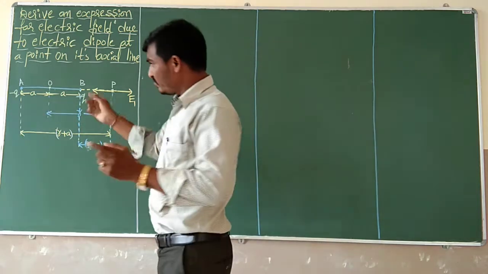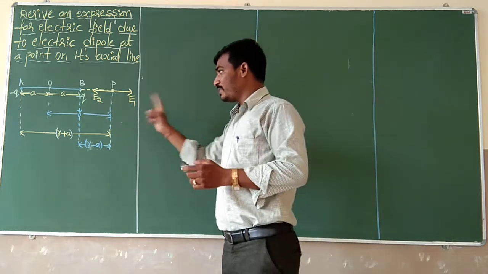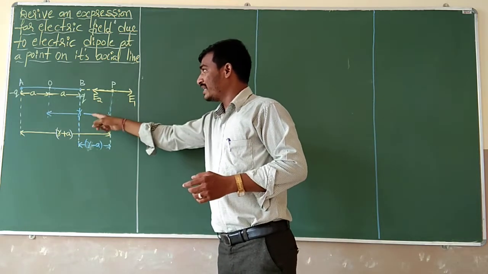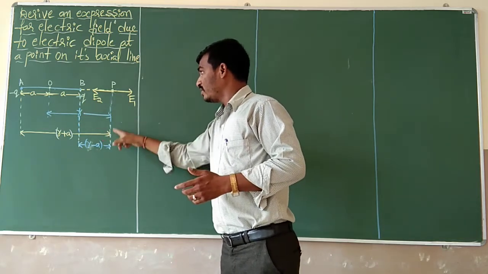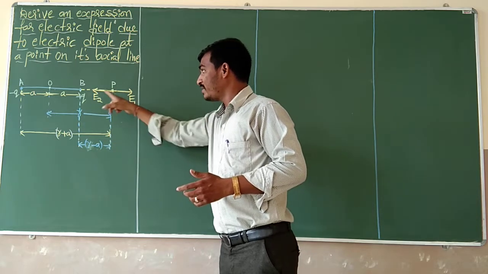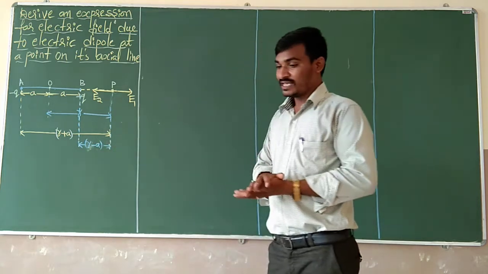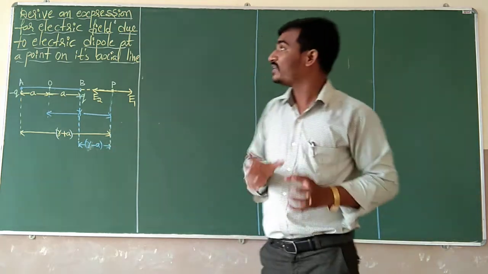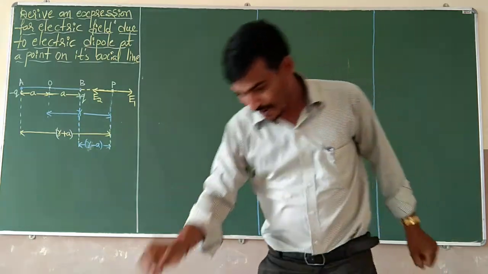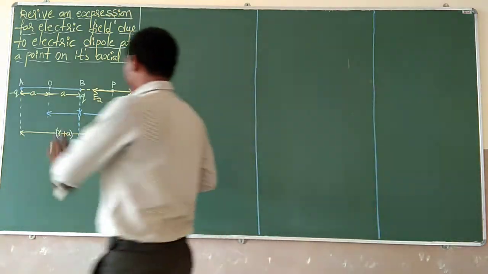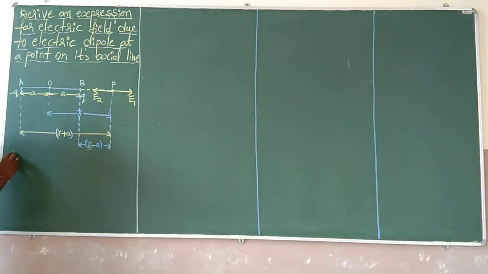Dear students, here we consider two charges, right? These two are separated by a small distance, that is 2a. The distance from the center of the dipole axis to the point P is r. Negative charge to the point P is r plus a, and positive charge to the point P is r minus a, choosing like this. Here we are going to find out the electric field due to the electric dipole along the axial line at a point P. Okay. So here, first, electric field intensity